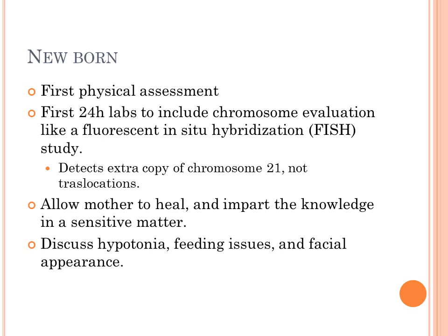A really common chromosomal evaluation is what's called a FISH study. It's a fluorescent in situ hybridization study, and this one detects an extra copy of chromosome 21. However, it's not the best. It doesn't detect the translocation copies as well. So don't forget that you do want to double check and verify what you see compared to what the